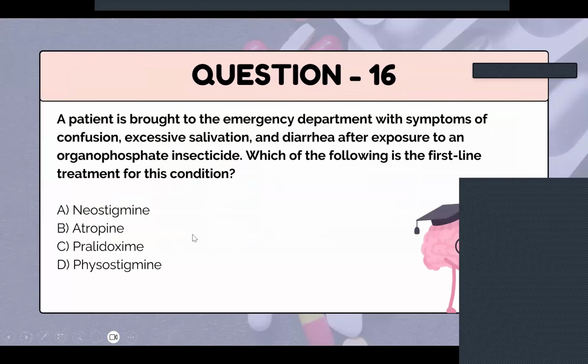Next question. A patient is brought to the emergency department with symptoms of confusion, excessive salivation, diarrhea after exposure to organophosphate insecticide. Which of the following is the first line treatment for this patient? A. Neostigmine, B. Atropine, C. Pyridoxine, D. Physostigmine. Okay, yes,